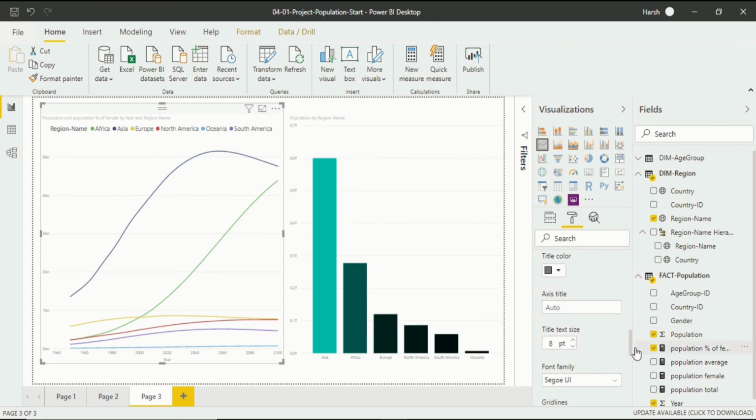We will use the axis title auto generated. If, instead of the year, you want something else, you can write it in here. The title text size you can also increase and decrease. And again the font, and again the grid line, you want it or not. I do not want a grid line. Again go back, and close the x-axis.